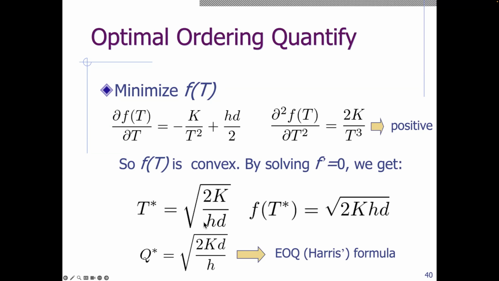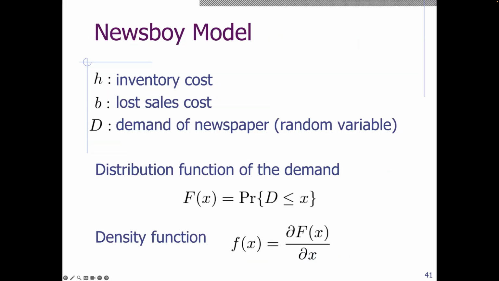equals square root of 2k/hd and the optimal objective function value is square root of 2k/hd. By substitution, we get the optimal ordering quantity q*, that is square root of 2kd/h. This is called the EOQ or Harris's formula. Next we consider another classical inventory model, namely the newsboy problem in which a single product is to be ordered